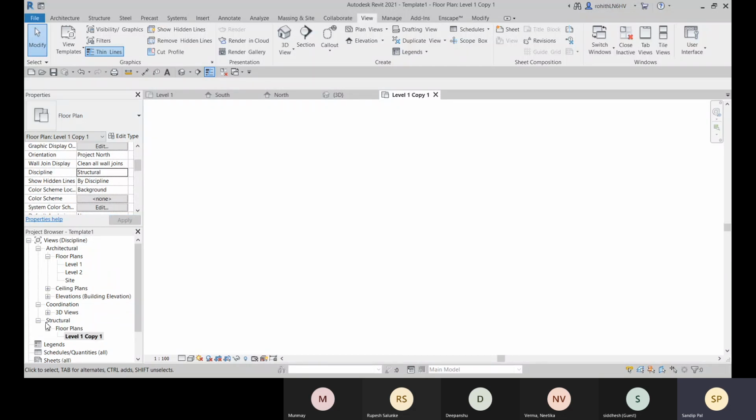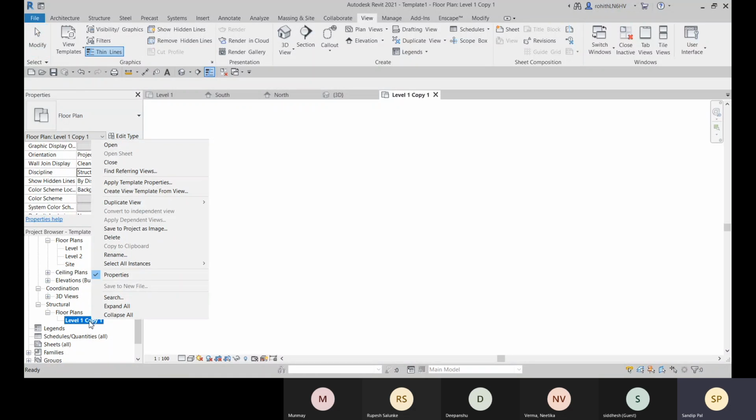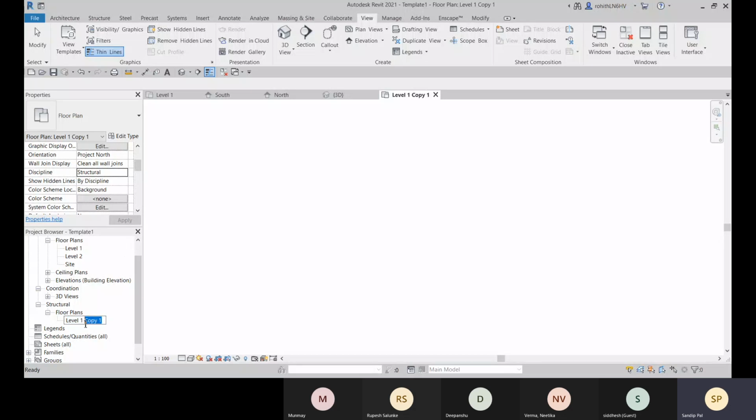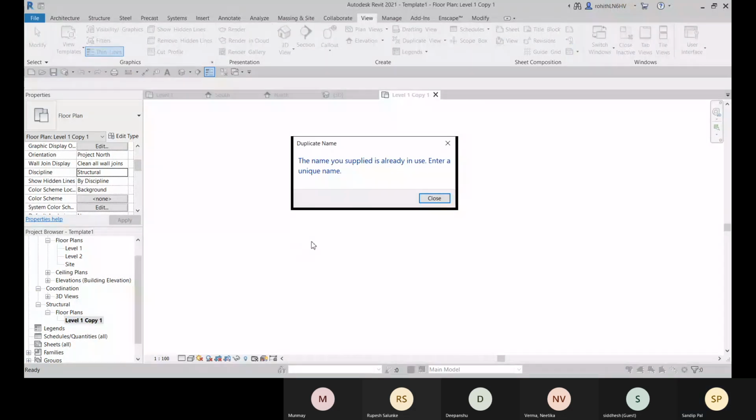Now here you can see that this structural floor plans is created and this level one copy one is included within this discipline. So you can organize discipline wise. Let me just rename it. And here we can rename it as level one. Okay, so that is already included.